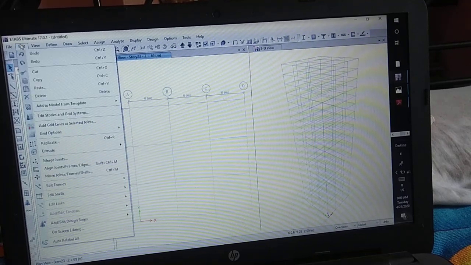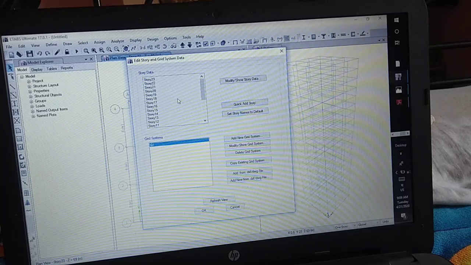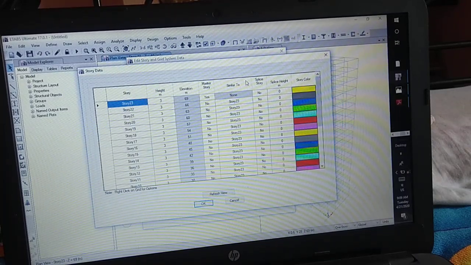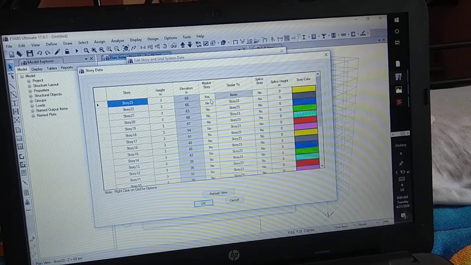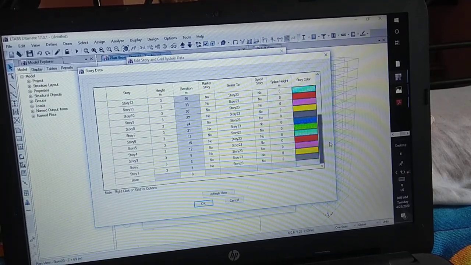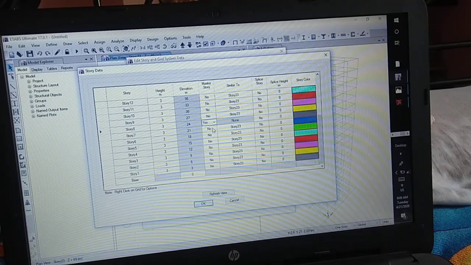Go to edit, then edit stories and grid system, then modify story data. Where for making similar stories, for story 8 make it master story, yes.